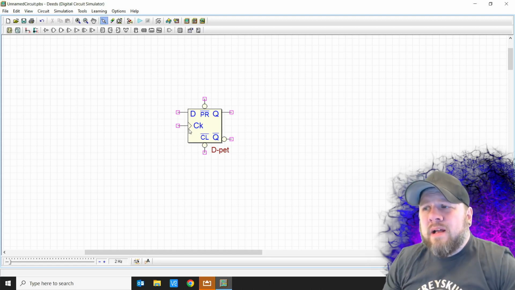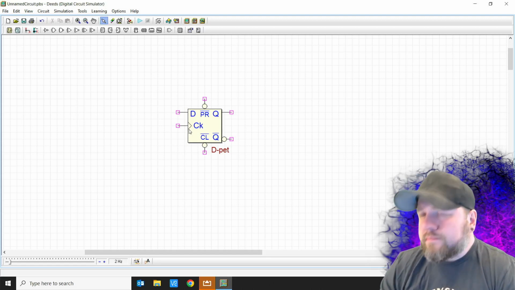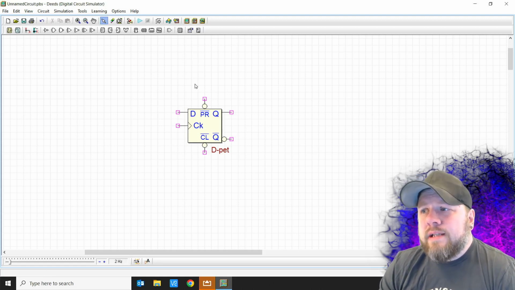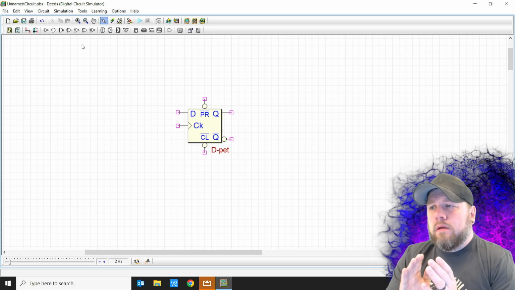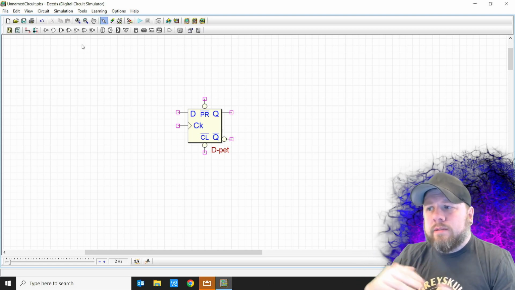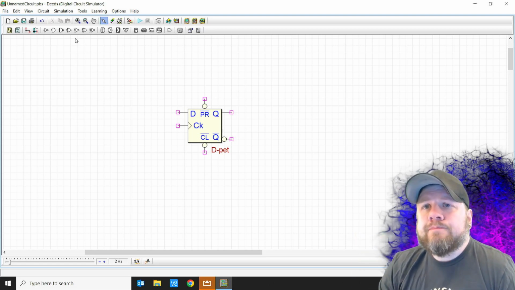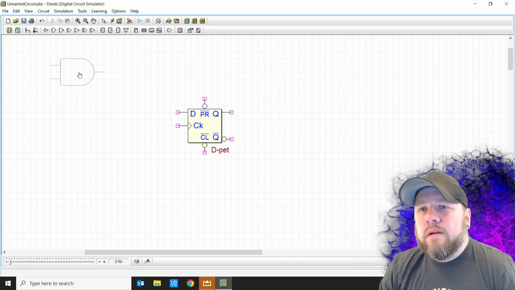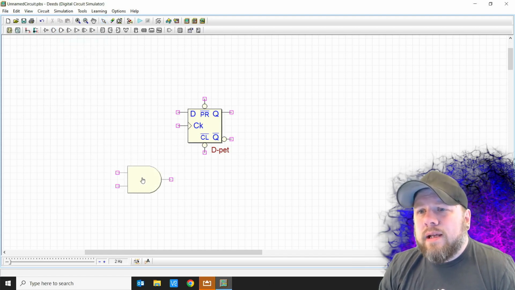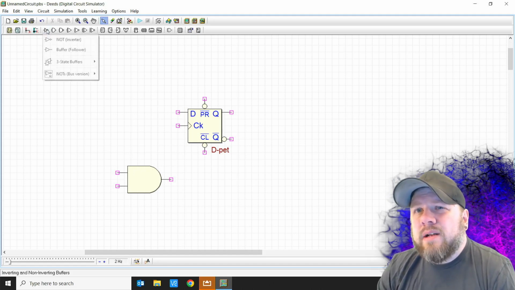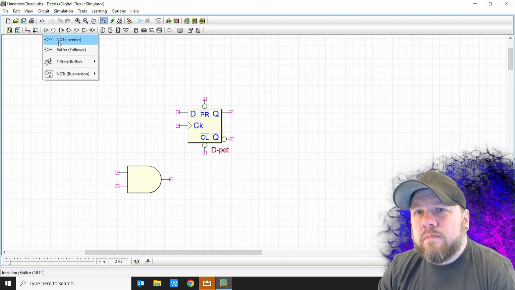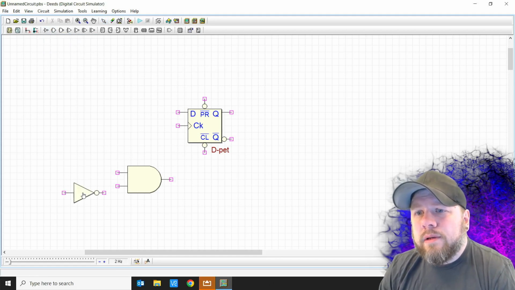Let me show you how that's built. Now, I didn't put it into the flip-flop that we built because Deeds simulates a little bit funky, so we're not going to be able to see the simulate. But let's talk about how we can do something only on a transition as opposed to it being high or low, okay? So if we took an AND gate and we said that the only time that we get anything, a 1 out of this is if both of these are true, and I put an inverter on one of the inputs,